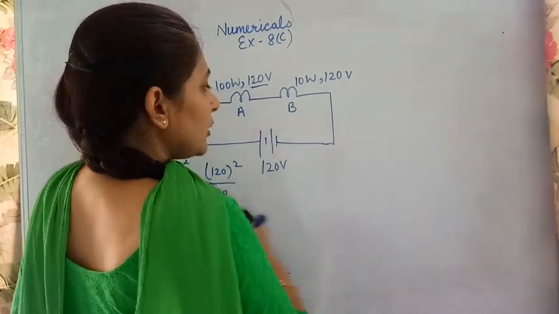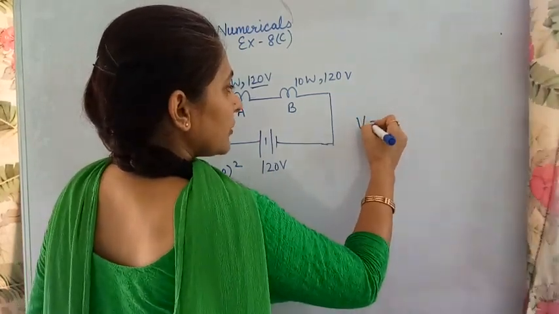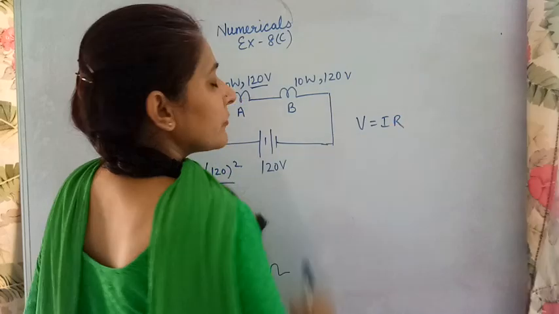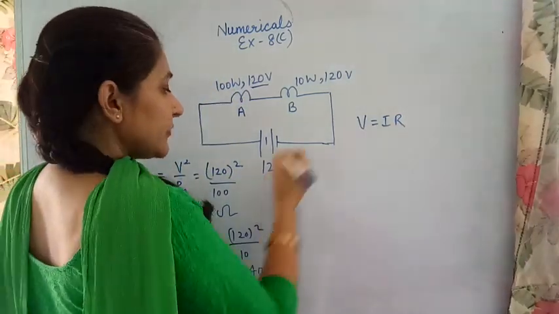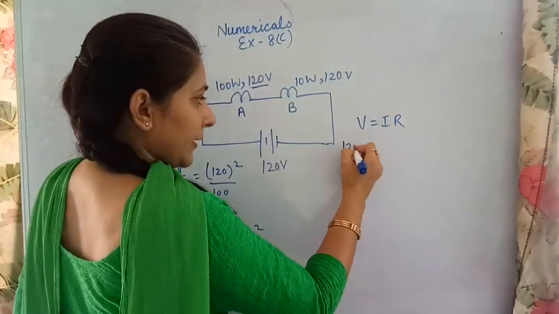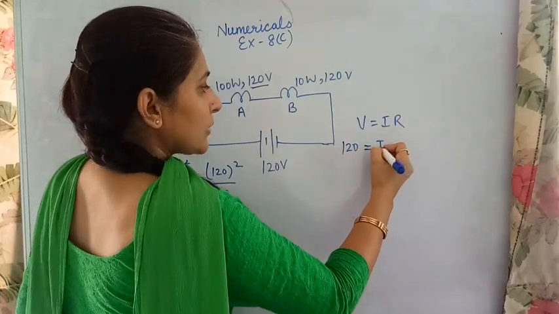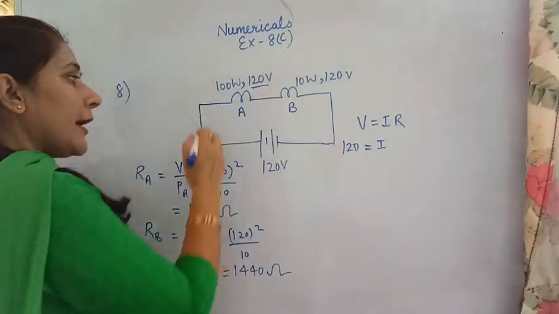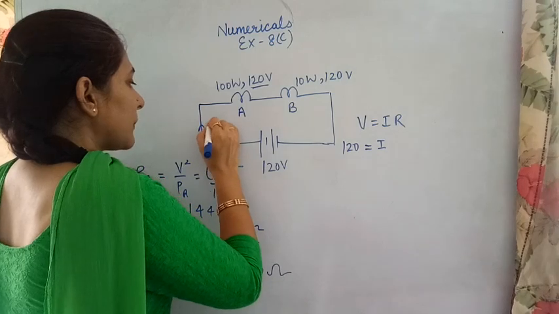This is the circuit given to us. So this circuit can be solved with the help of Ohm's law. V is equal to IR. V for the circuit is given to us, that is 120. I we need to calculate for the complete circuit, and whatever I we are getting for the complete circuit, suppose